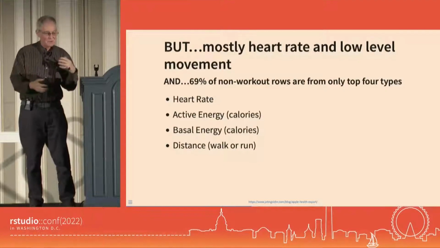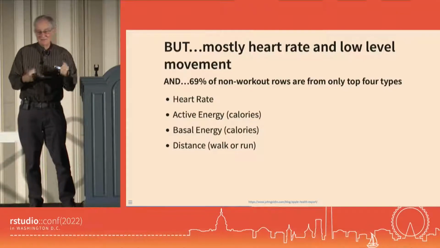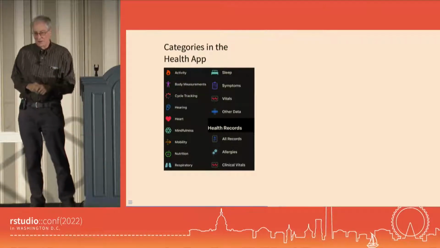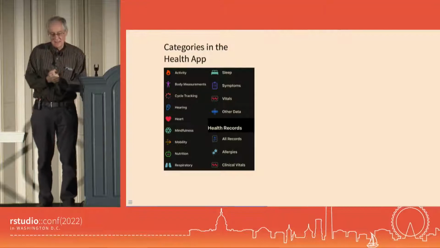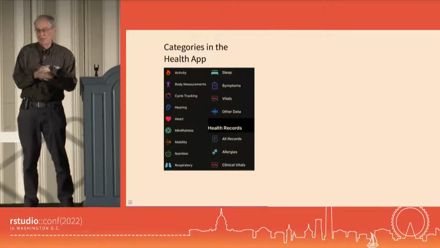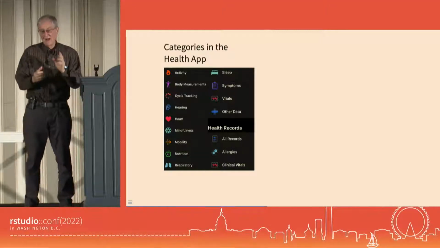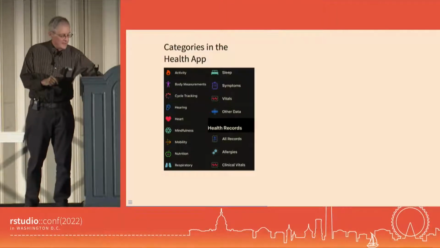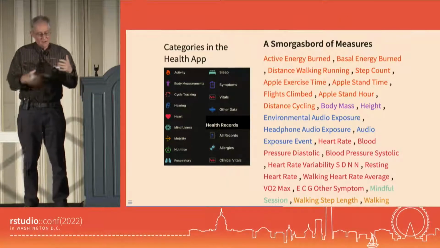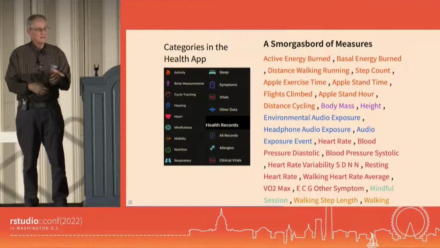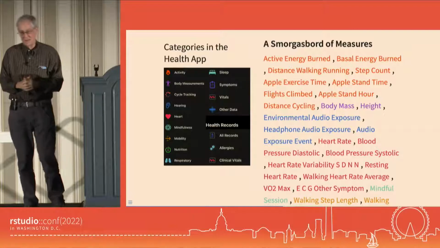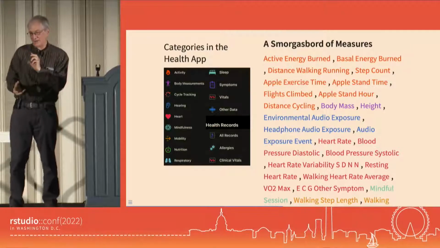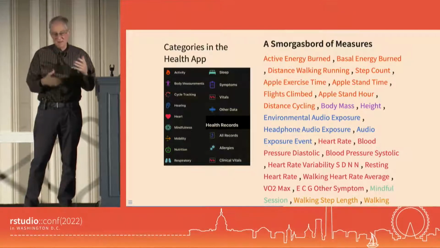70% of the data is this sort of low-level stuff, your heart rate, your active energy as you're moving around, and so on. But there are a bunch of summary measures and other categories of measures. Basically, this is what you see on the health app on the iPhone, or you see sort of these icons with these categories of things that it's keeping track of. And underneath each of those, or with each of those, are a set of individual measures. And this is the ones that would fit on the screen. There are quite a few more than this. And so you can get into any one of these things. Each of them has a sort of a story and may be relevant to different factors.